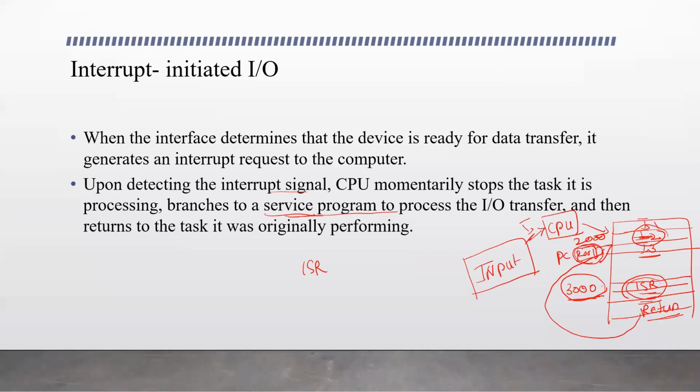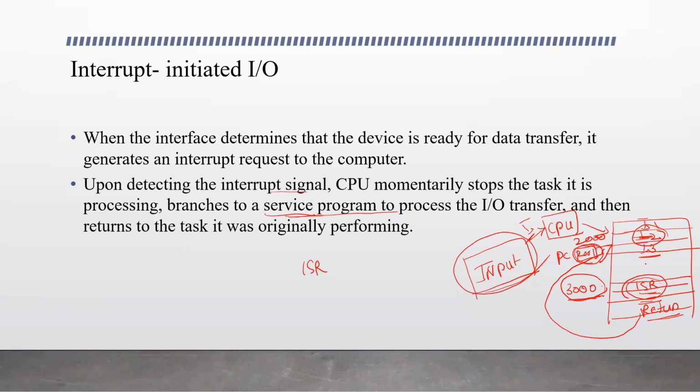So what is currently there in the program counter is stored, so that once the interrupt service routine is executed, the control can return back to this particular location. This way it branches to the interrupt service routine and finishes that execution. Then the input that interrupted the CPU is served. It got its service done.